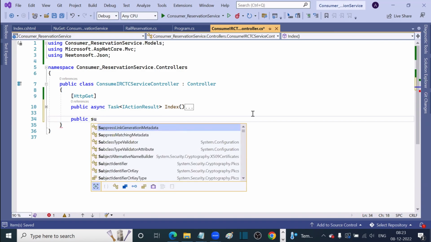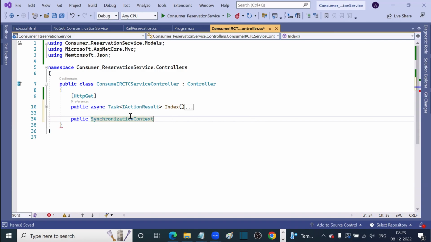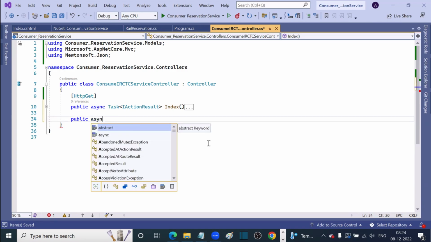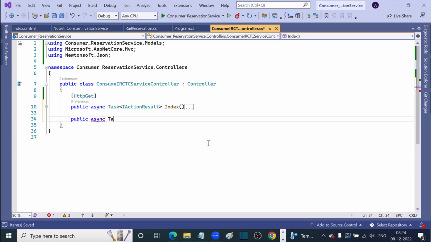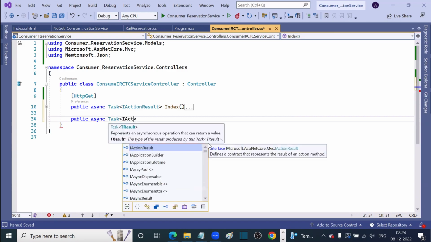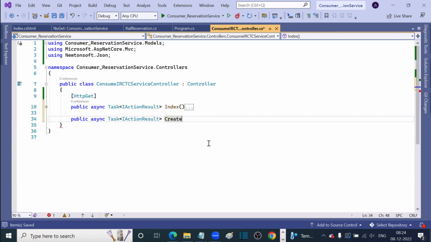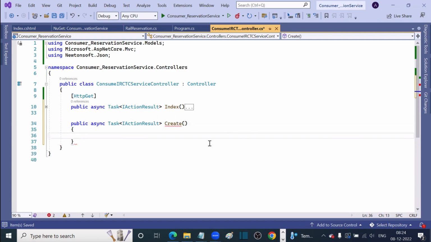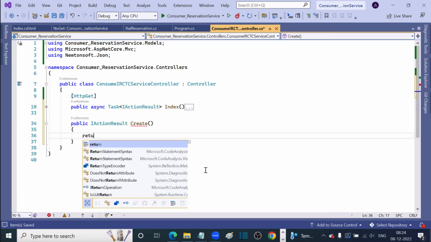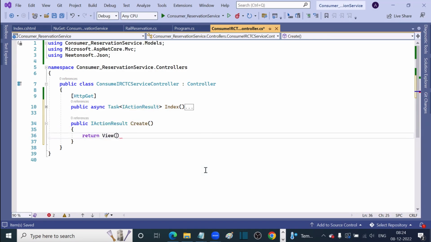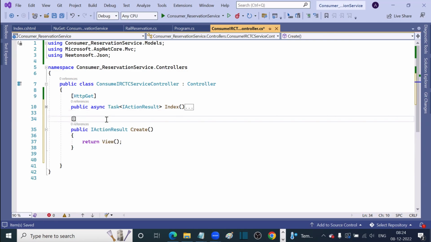So async Task ActionResult Create. One will be HTTP GET, one will be HTTP POST, right? This one I can do the same without Task async also, because this is just to get the form on the screen, so at that time I'm not calling any Web API or anything. So return View. But HTTP POST needs this async. So this one is my HTTP GET,